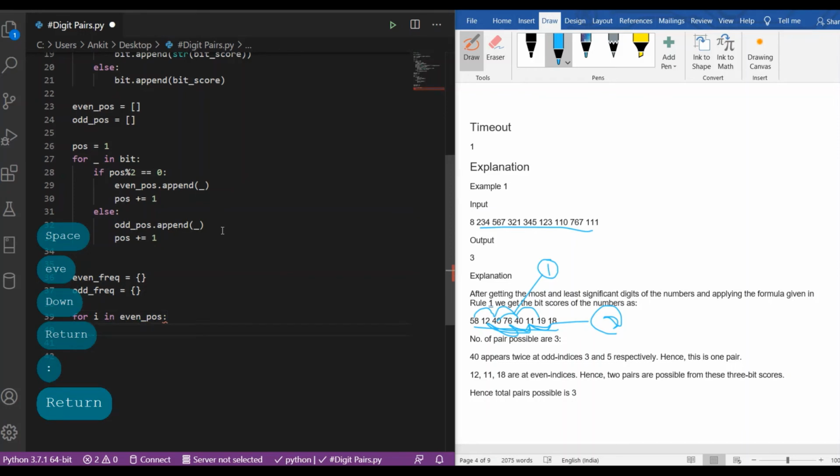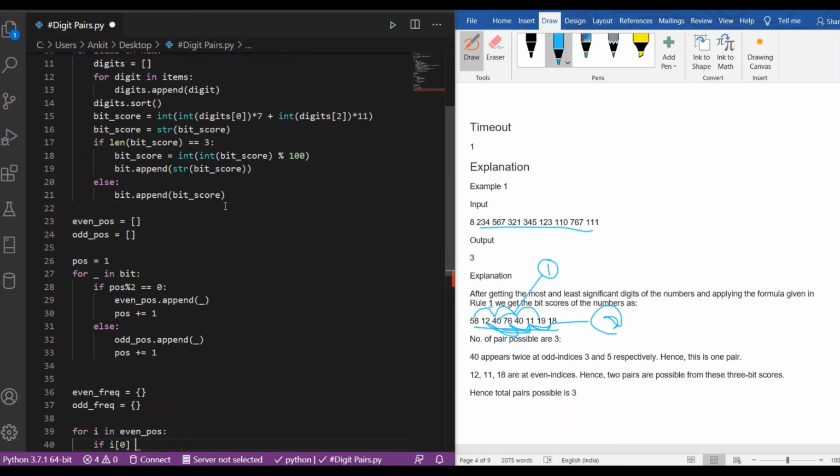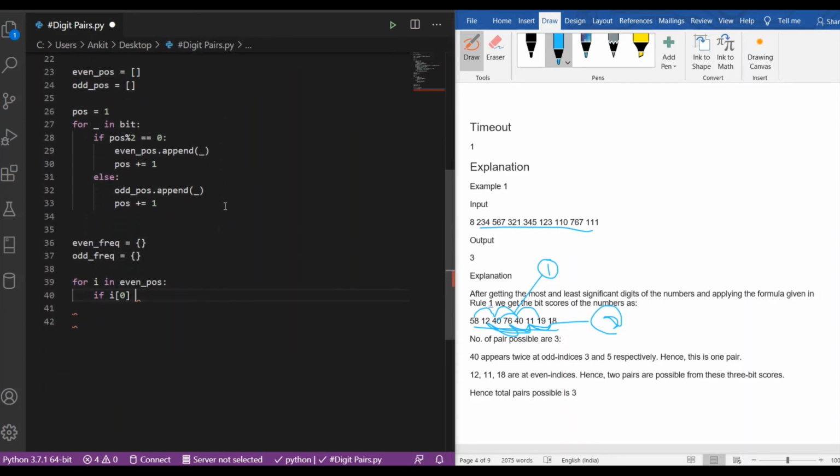Now we will check the condition if the most significant digit of the bit score is in the frequency counter or not.